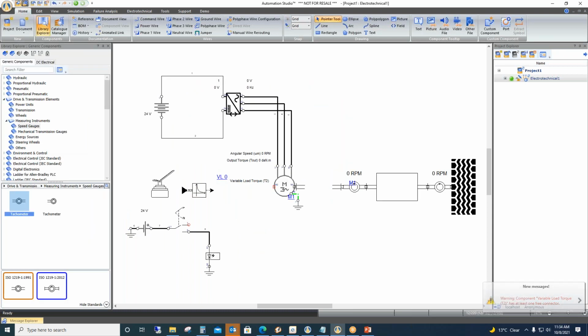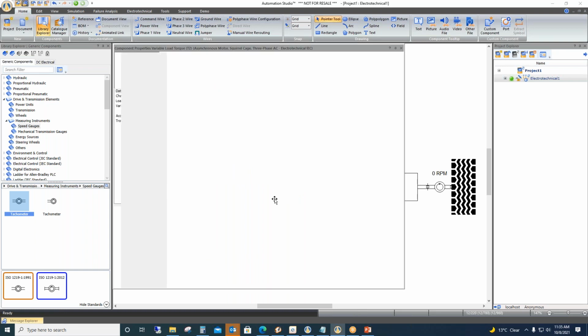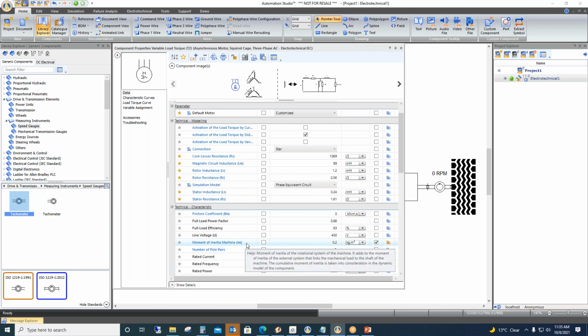Yes, I got your question, sir. Somewhere the difference of RPM has to be absorbed. Yes, sir, you are correct. The difference, what you are saying, the lag or the drag, in simulation, if we want to do that, we will need to define a moment of inertia for that particular component. So in the motor also, we have one parameter, moment of inertia, and in the wheel also, we have the parameter of moment of inertia.